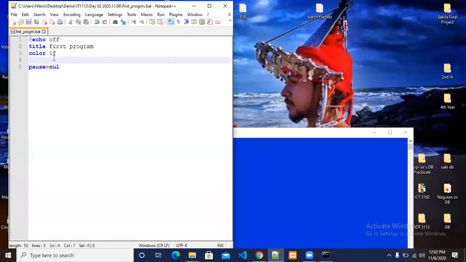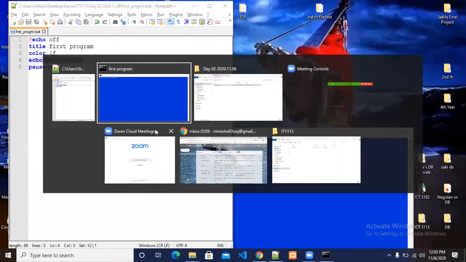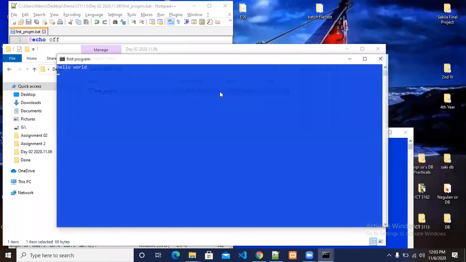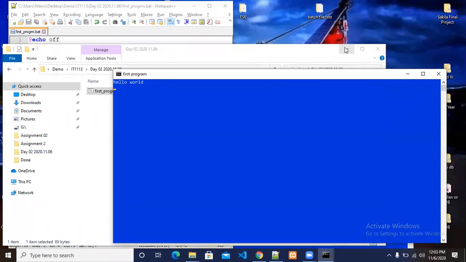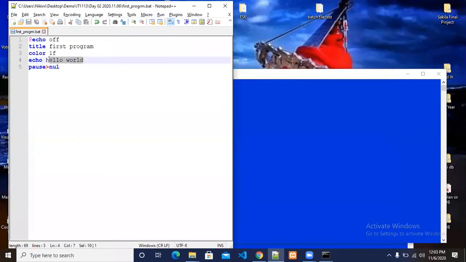Here now we are going to display a message. For displaying a message, you can use the echo keyword. I think you know this keyword, echo. Hello world. Now this hello world will appear in our prompt. See, the message is here. To print a message, you have to use the echo keyword and then print what you want. Yeah, this is the very basic part.